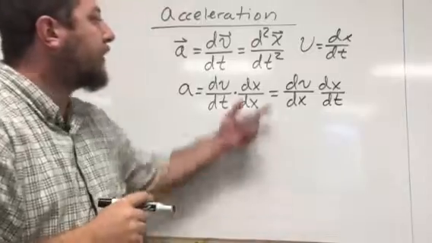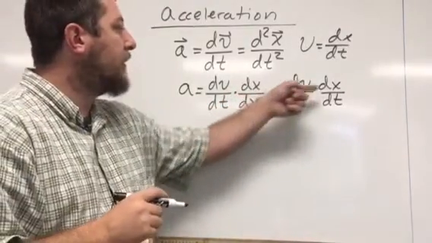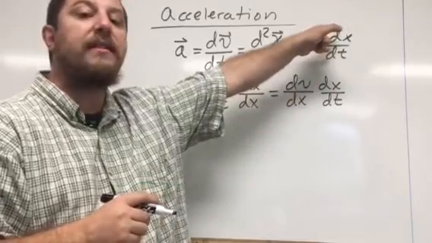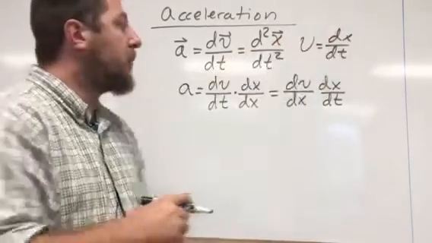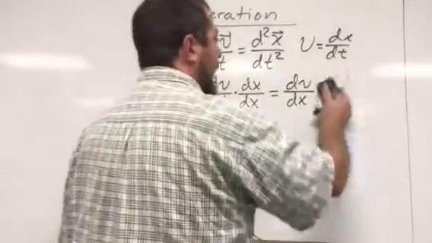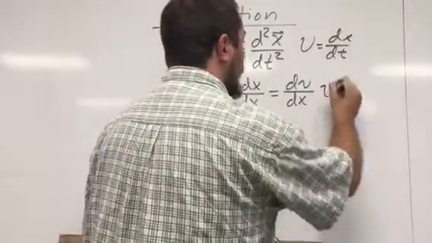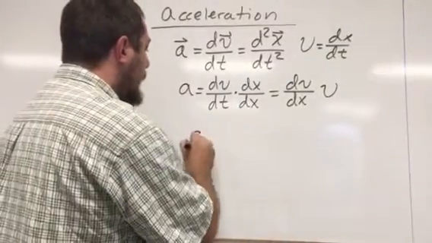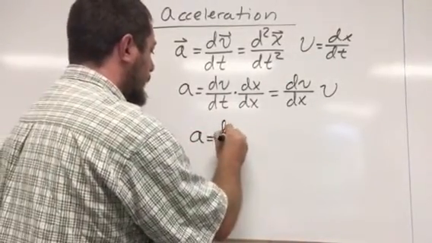And so now we have dv dx, dx dt. But dx dt is just the instantaneous velocity. So I can replace dx dt with velocity. And if I now integrate this,